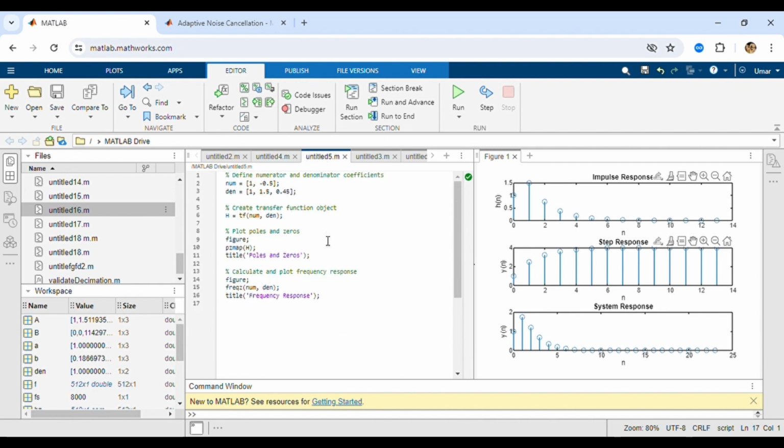In this task we are plotting the pole and zero diagram of the system. The given system is 1 minus 0.5, and in the denominator we have 1, 1.5 and 0.45. We are using the transfer function built-in command tf of MATLAB, and then we are plotting its poles and zeros and the frequency response. So when we run this code,